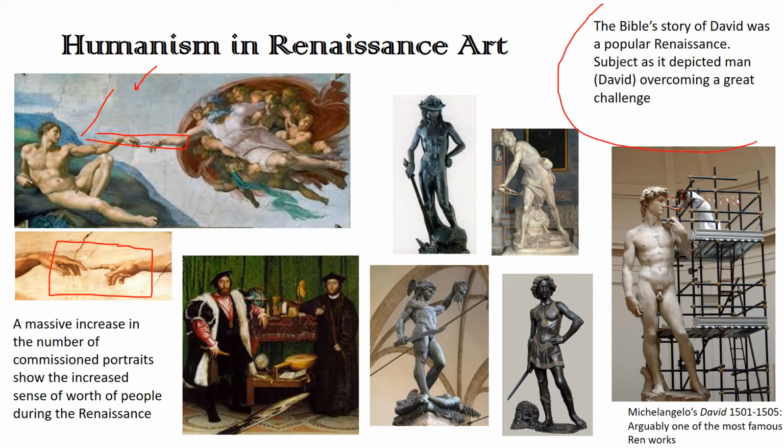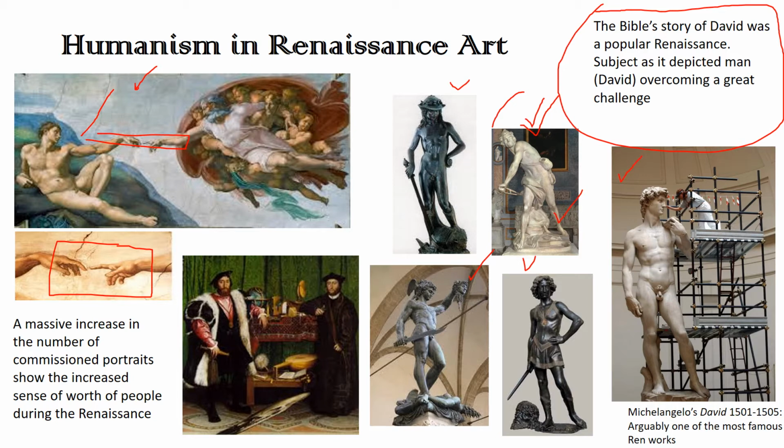The story of David, a key story of the Old Testament, this idea that David was an individual, was a human, wasn't an angel, wasn't an avatar of God. He was a human being, but through personal achievement, he was able to accomplish great things, specifically the slaying of a major enemy, Goliath, to his people. And while he might have been empowered by God, it was the individual that did this action. That's why, like, almost every single major artist of the Renaissance period took their own crack at this whole story